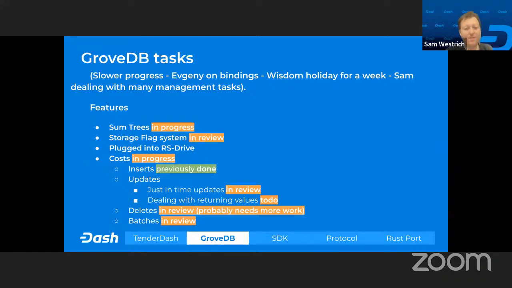Okay, so the next thing that I wanted to talk about is the storage flag system. I'm going to go quite in detail on this in a future slide, so right now, let's put that on hold. In the last sprint, we had talked about what was next, and we said we're plugging the system into RS Drive.